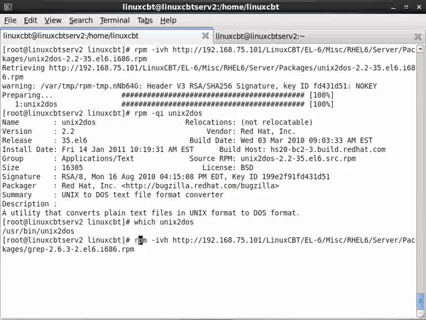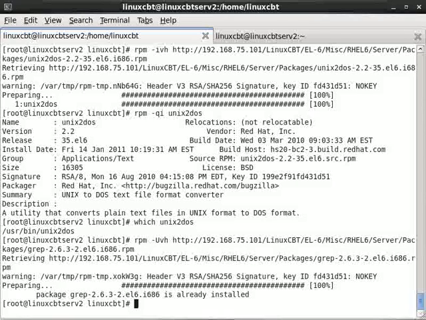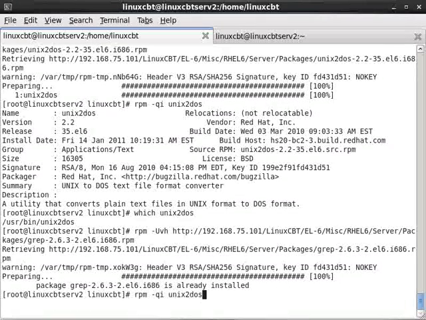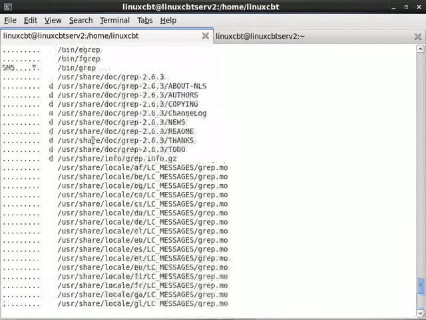Let's change this IVH to simply UVH, which is an upgrade process. Notice that it sees that the same version of the package is already installed. Let's go ahead and run the verification yet again, and this will dump quickly to standard out. And notice